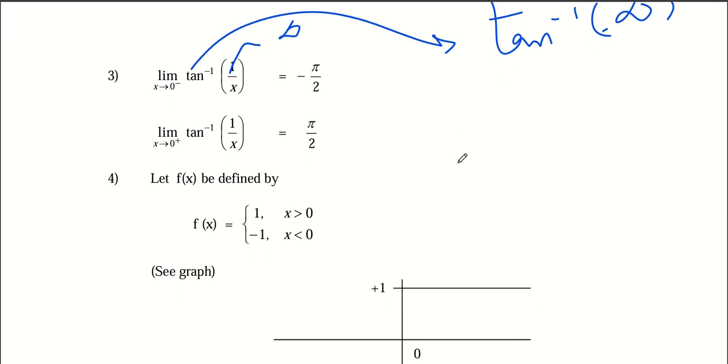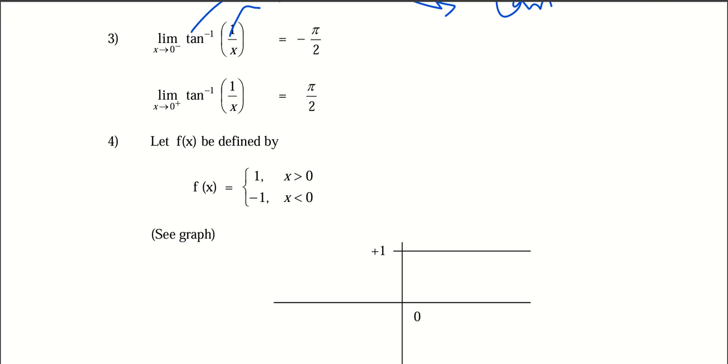Now, there are times when you can have functions defined in a weird way, right? You remember all your previous studies, you just had either polynomial or algebraic functions, very simple functions which are continuous in x, right? But at the advanced level, this changes a bit. At the advanced level, we try to conceptualize more of a digital domain, that there is a cutoff, right? And those functions are usually defined in a piecewise version,